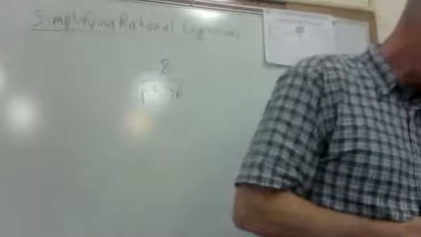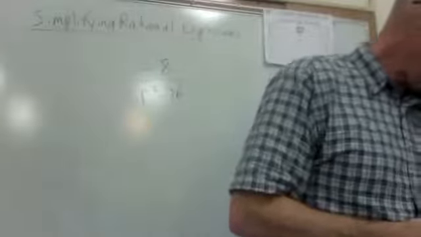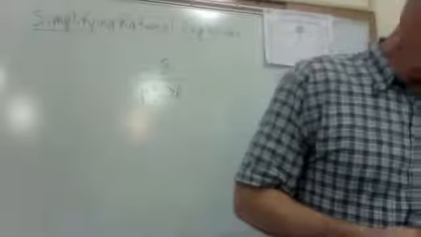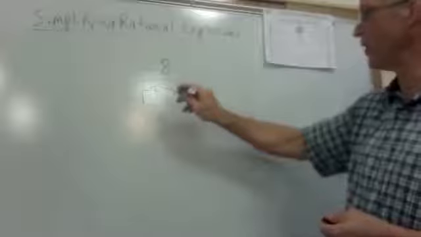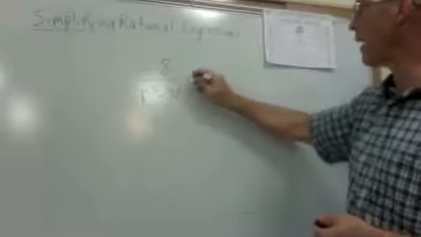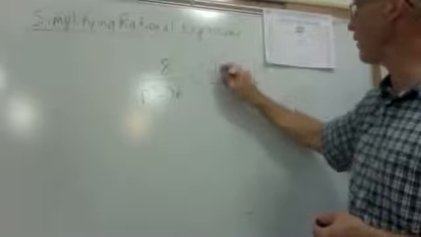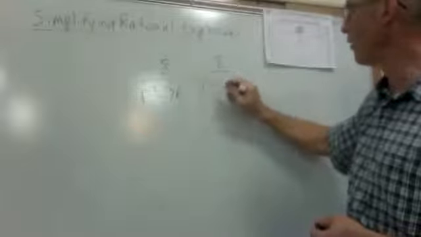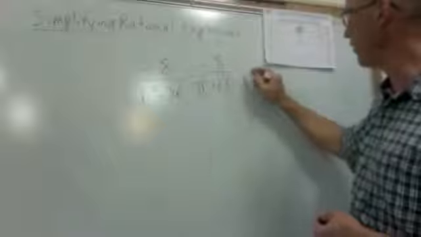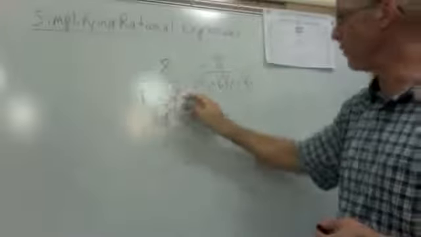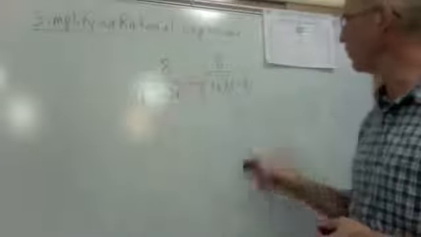Now, first thing you're going to do is say, okay, what are the excluded values? It's a little tough to see here, but if we rewrite it as negative 8 over r plus 6 times r minus 6, which you know how to do because this is the difference of two squares,